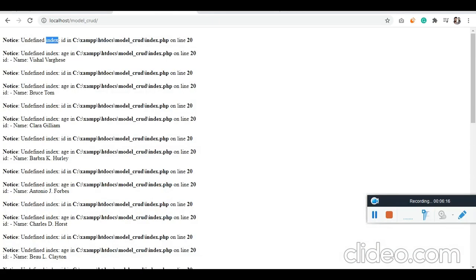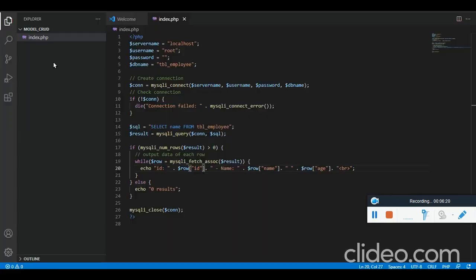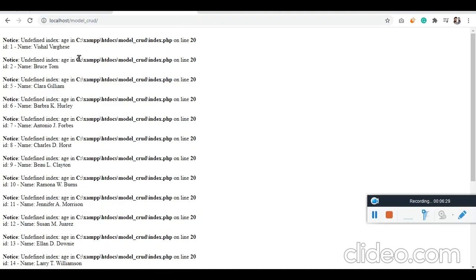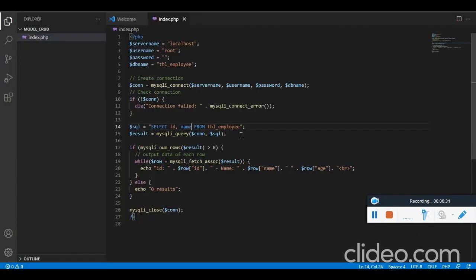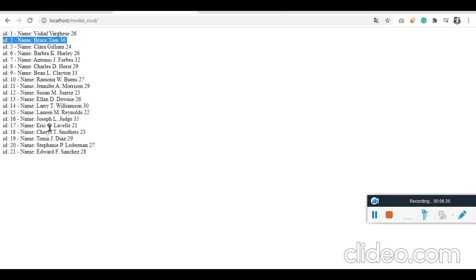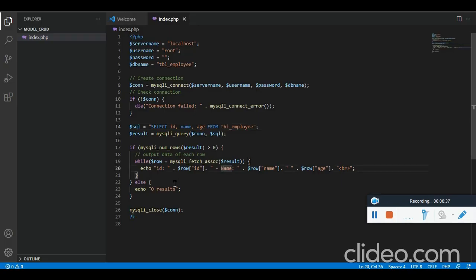Let me refresh again. So here we are just passing name. That's the reason. If I pass ID comma name, then this would work. Age also needs to be passed. Cool, we got everything, but we don't want this way.